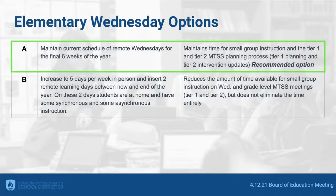So option A would be our current model, and the one that we would continue to recommend for the next, I think we have 6 more Wednesdays after this week. So for the final 6 Wednesdays of the school year, we would recommend that our students continue that remote and our same schedule. However, knowing that you're also getting input and feedback from parents, we wanted to provide another option,